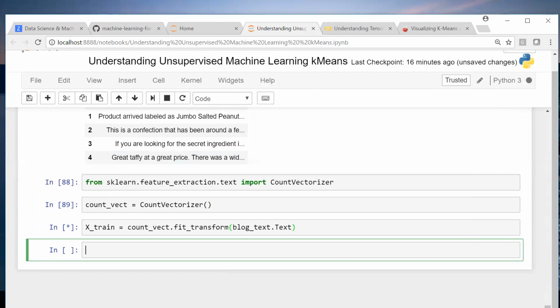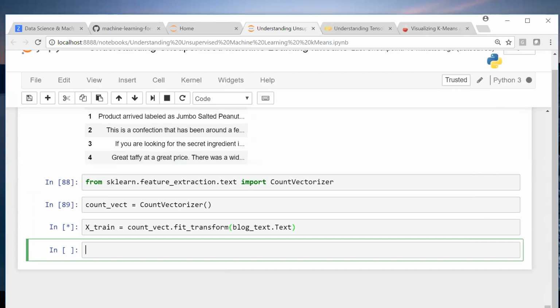Or you can use TF-IDF transformer actually. You can try with both approaches. I first did it with this. So here, remember, I actually might be a little more consistent.